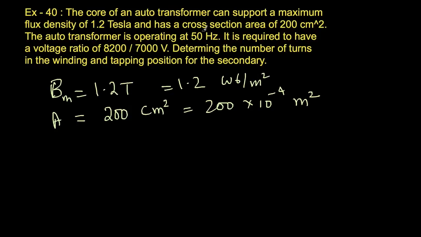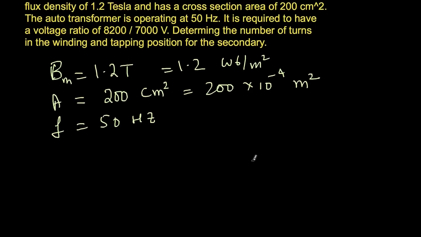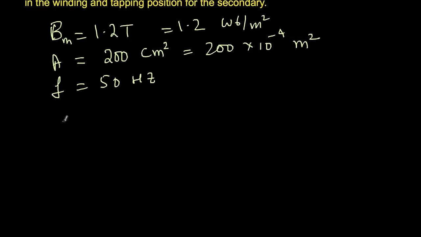The auto transformer is operating at a frequency of 50 hertz. So F is 50 hertz, given to you. It is required to have the voltage ratio of 8200 by 700. Determine the number of turns in the winding and tapping position for the secondary. So from this data, we know that the induced EMF equation is 4.44 into F into Bm into A into N, number of turns. So if I transfer that N here, then I'll get